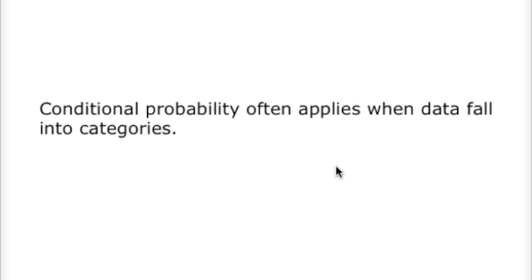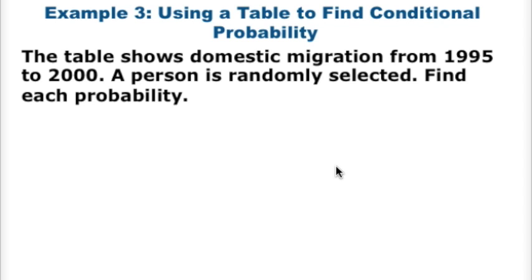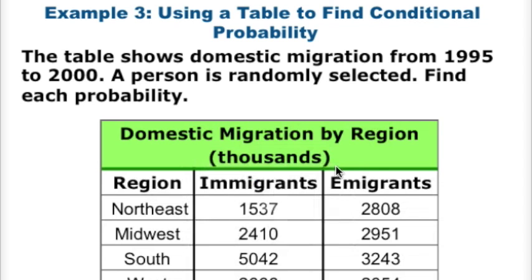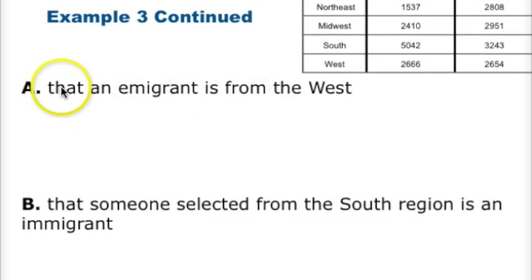Conditional probability often applies when data falls into categories. Let's look at one that has a chart. The table shows domestic migration from 1995 to 2000. A person is randomly selected. Find each probability. Okay, so let's use our chart to find the probability that, first, let's see if we can